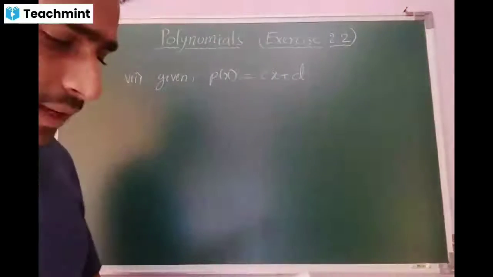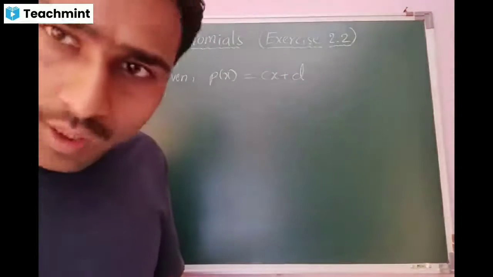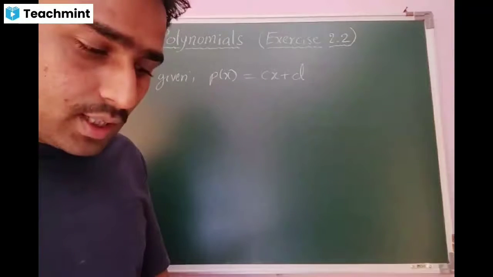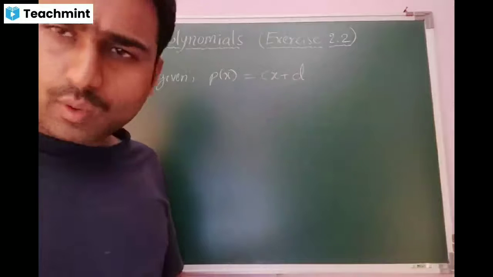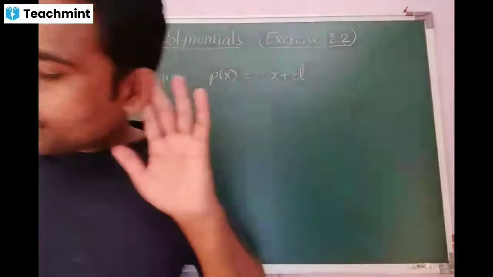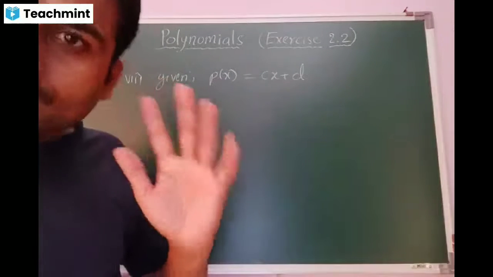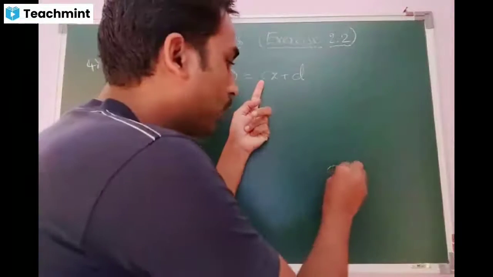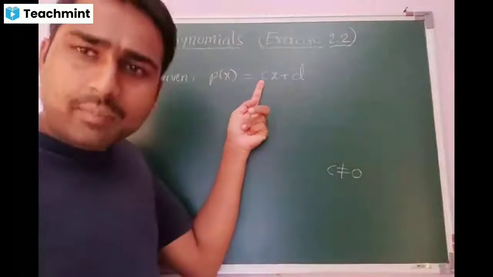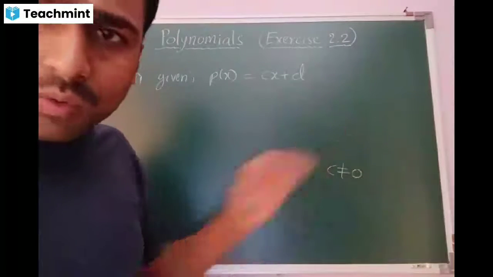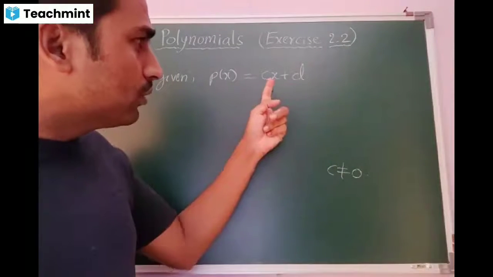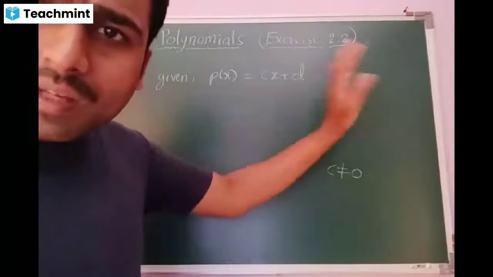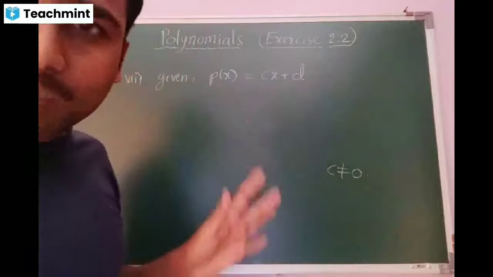They have given some explanation there. c is not equal to 0, and c, d are real numbers. Are you getting my point? What is the meaning? Here, the unknown c, this value cannot be 0. It may be any other number, but not 0. Then coming to the d value, d is any number, beta. It may be 0 also. We need not worry about it. Is that clear?